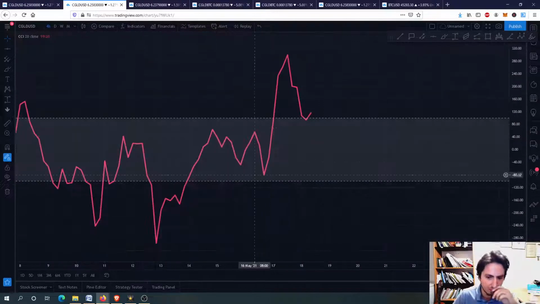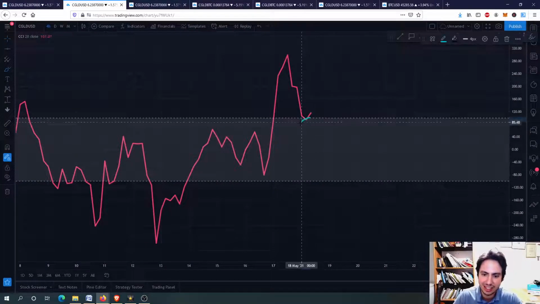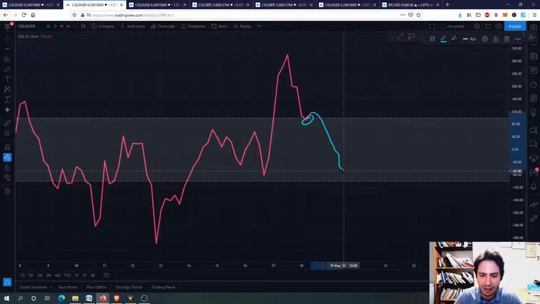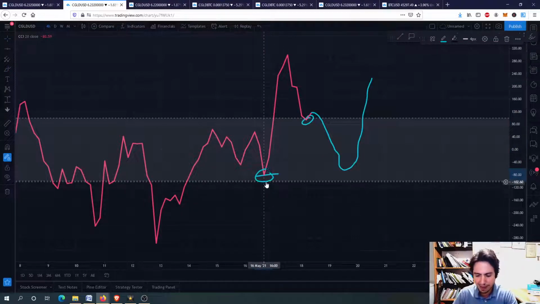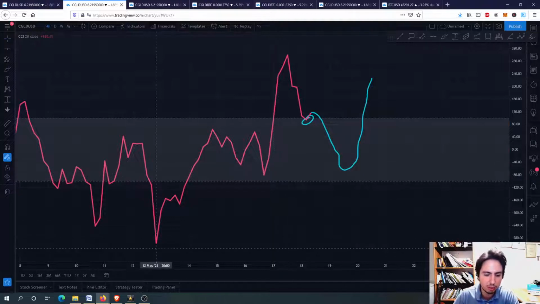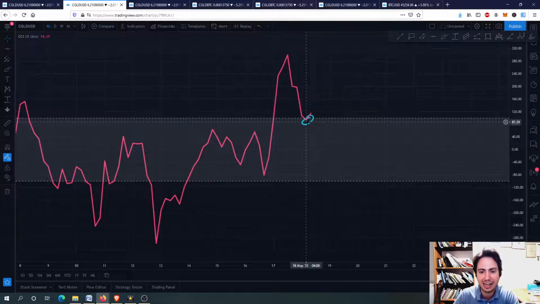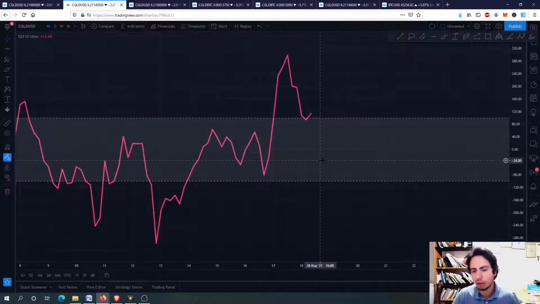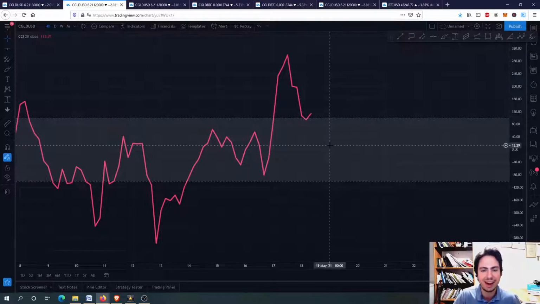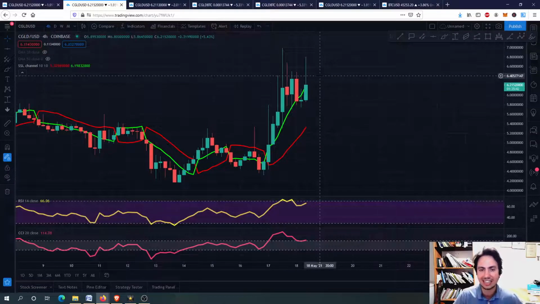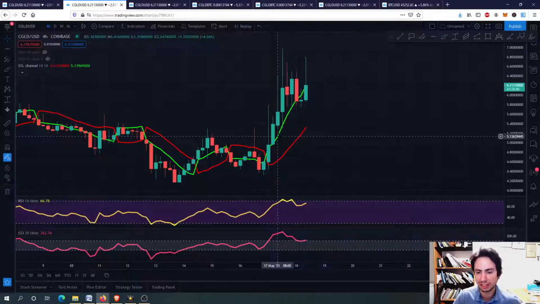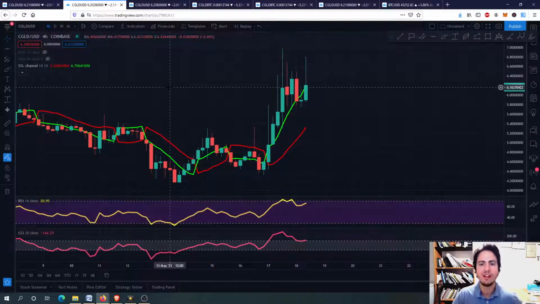So let's go to the Commodity Channel Index. What we want to see here is, now that we stopped here, we don't want to go down all the way, and if we go down we want to stop before this low right here we formed on 16th May. We want to go upwards, having higher lows and higher highs, eventually moving above the 100 again. And of course right now, according to the SSL channel, guys, we are having a buying opportunity. The green line is above the red line.